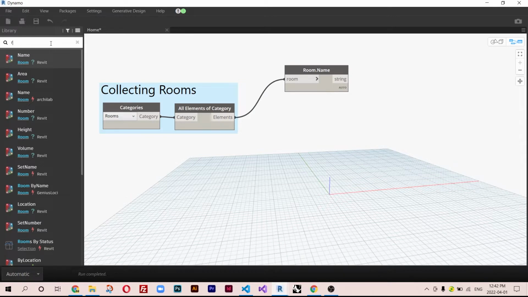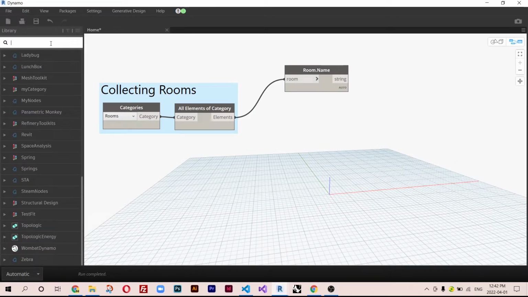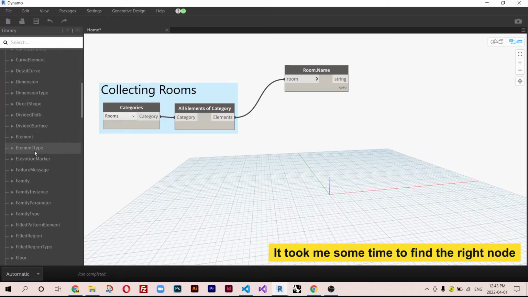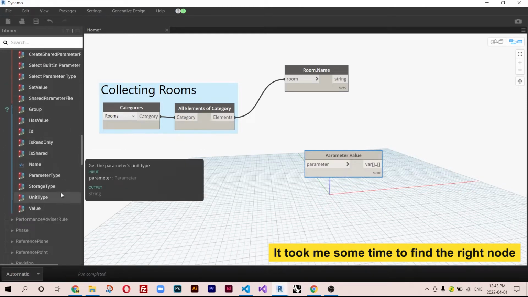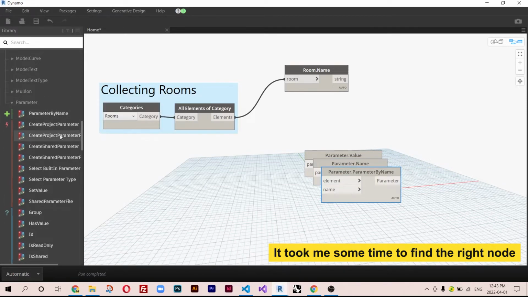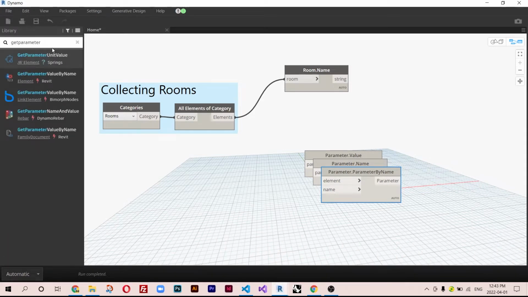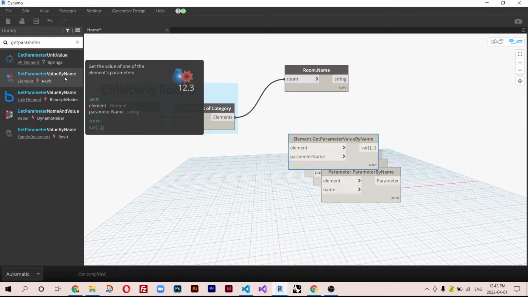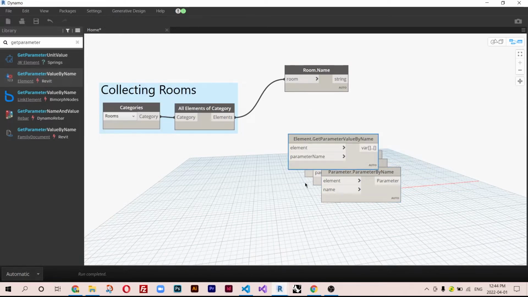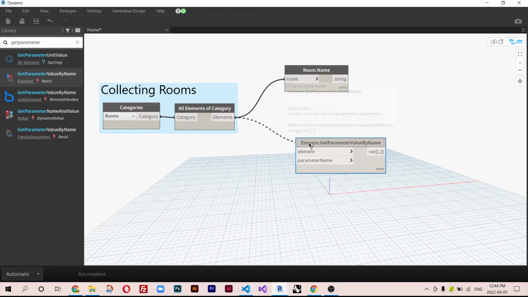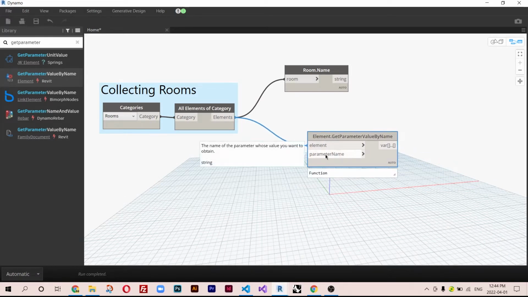I'm also going to collect the other parameters using get parameter by name. There you go, this is the one. So let me delete these ones, and I'm just going to pass the element and take a look. I have nothing because I didn't pass any